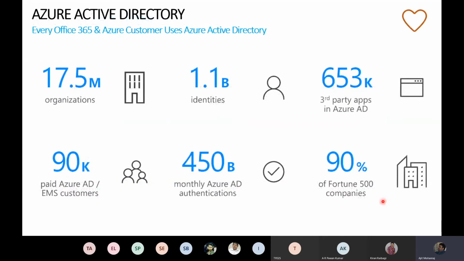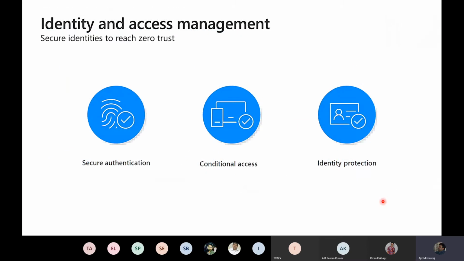So like I said, I'm going to talk about Azure Active Directory because these are the number of organizations that have gone for it. And I'm going to expose you to what all you could do with just Azure Active Directory. Forget the other 7 tools, just with Azure Active Directory. Remember, identity is so critical. So let's talk about the identity and access management, powered by Azure Active Directory.